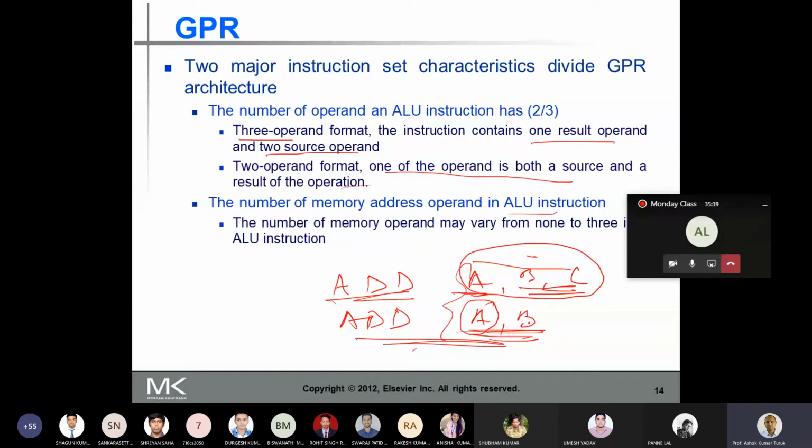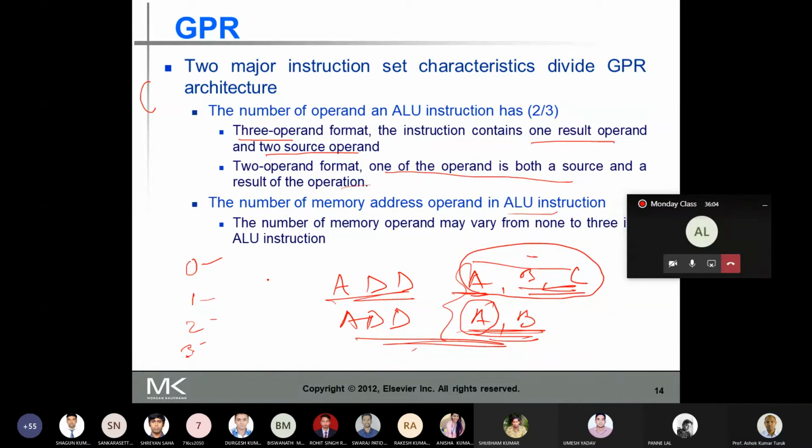We have 0 address, 1 address, 2 address, 3 address. One of 0 operand, one of the 3 operand, 3 operand with none of them being memory address, 1, 2, 3.